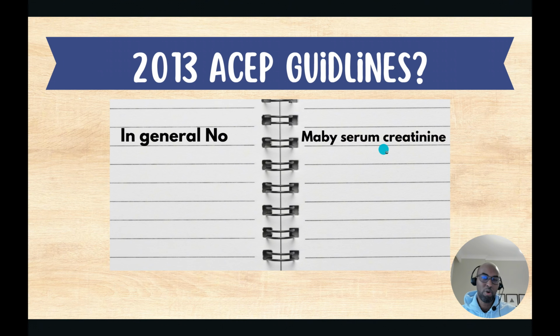And here for myself, usually what I'm doing in the ED, if he came with the history of high blood pressure, I can do the ECG to look for the long-standing hypertension signs, which is left ventricular hypertrophy. That means the patient needs to control his blood pressure, otherwise this can deteriorate later. And I can request the serum creatinine, and it will give me an idea about the hypertensive nephropathy. And I can also add the urine